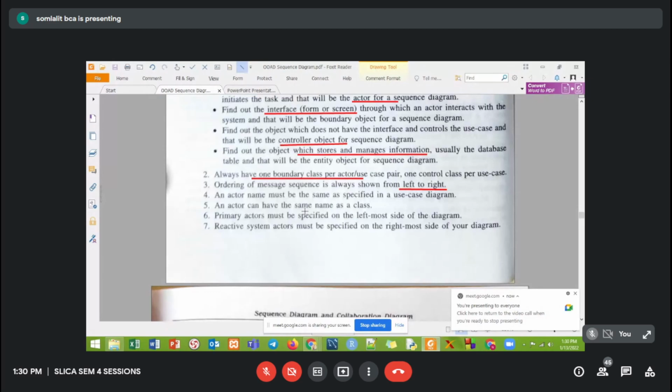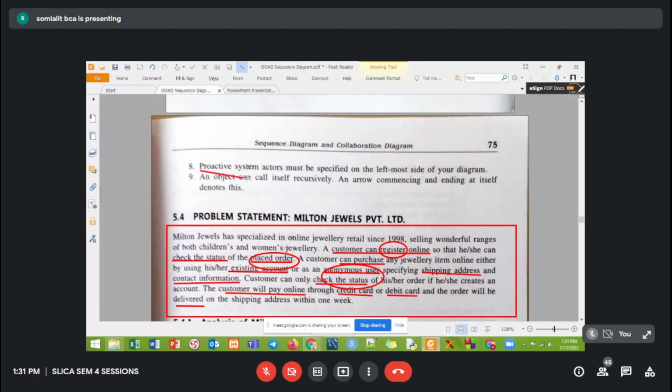So reactive actors will always be on the rightmost side of your diagram. Reactive actors are also known as proactive actors.